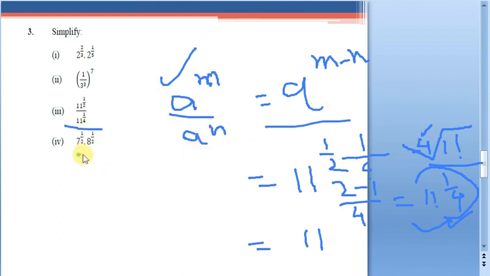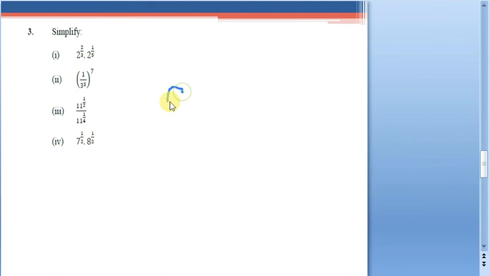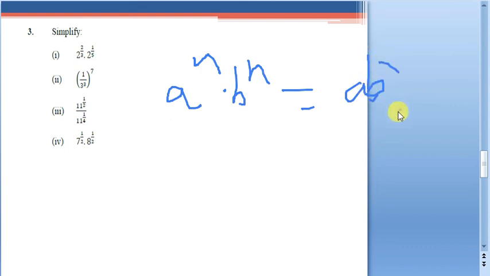Now see this one, which law can we use? Just think of the numbers. Now see, the bases are different and the exponent is the same. Is there any law for this particular context? Yes, there is. Whenever you have a power n into b power n, it will be ab whole power n. So this exponential law is going to help us in this situation. In place of a, 7 is there, in place of b, 8 is there, and the common power is n. So here we can multiply the bases.